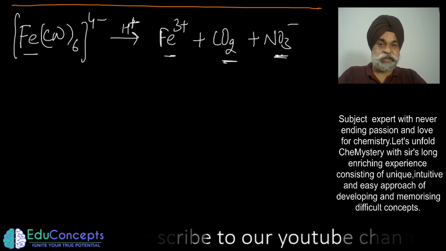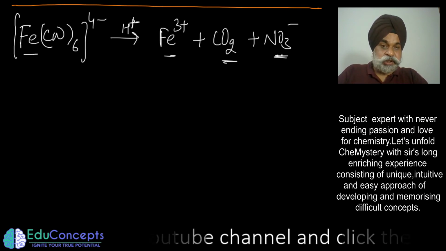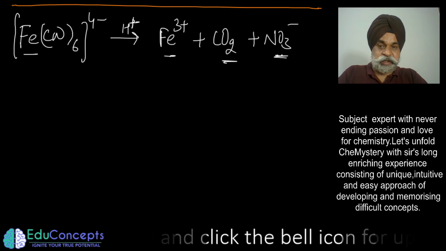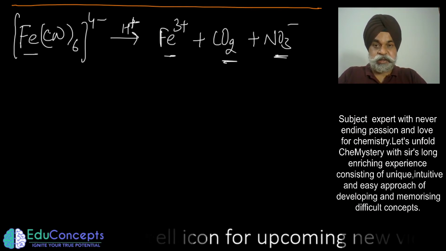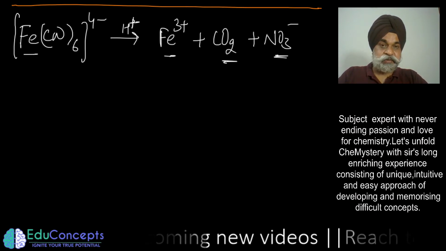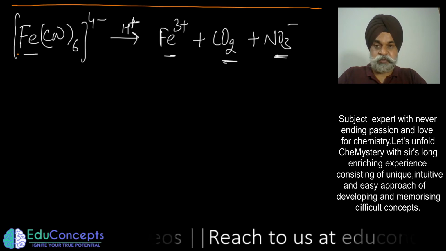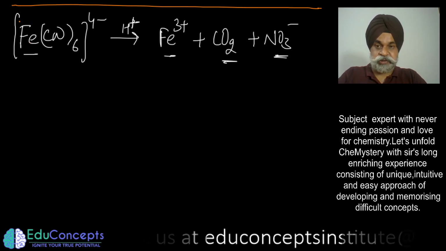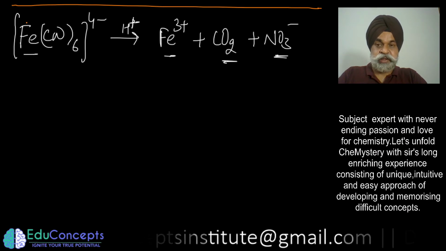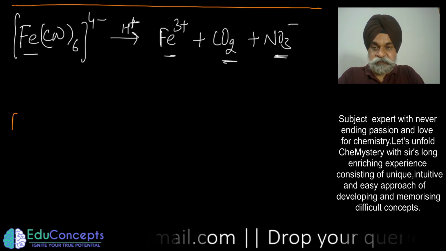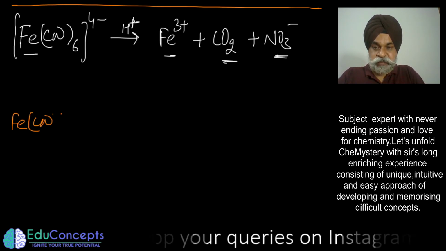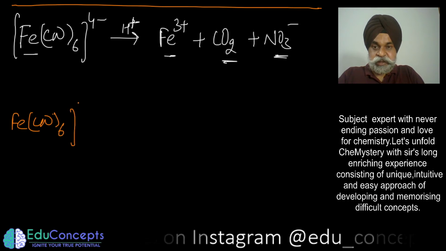First you have to understand the overall loss or gain of electrons per mole of the starting material. So here again there are two ways to do it. One way is, if you don't want to do the balancing, in that case you should know the oxidation states. Let me give you a little idea, which you might be aware of, in this particular case.